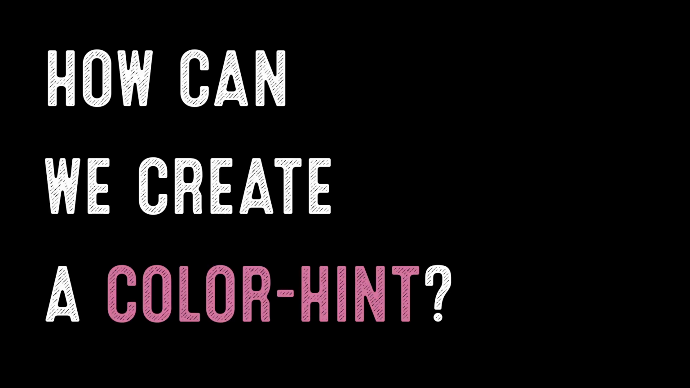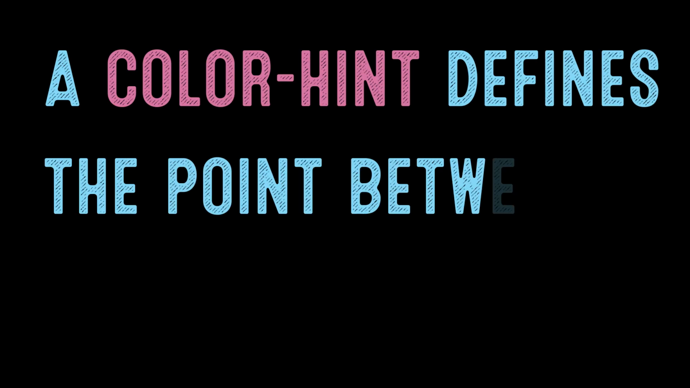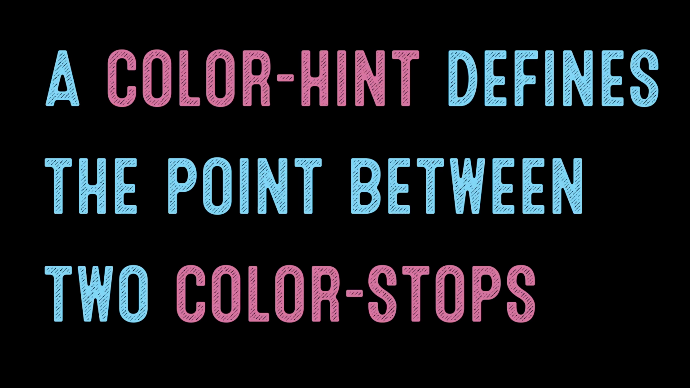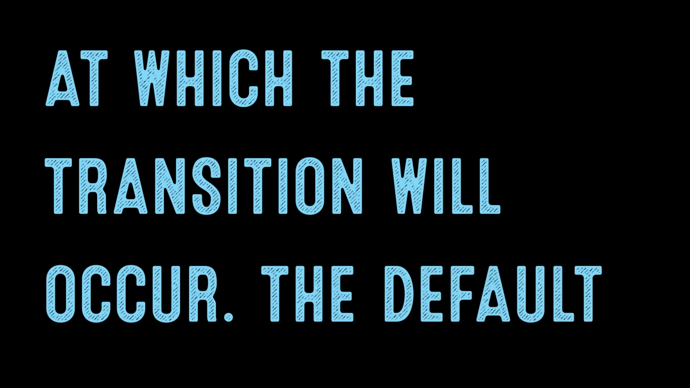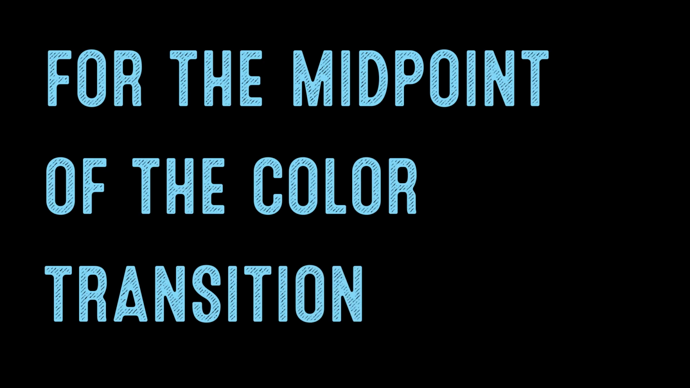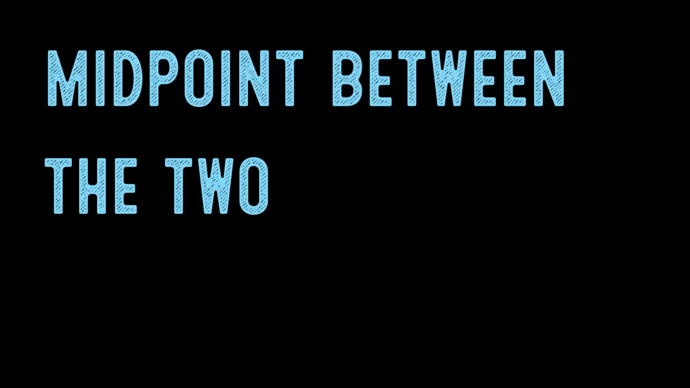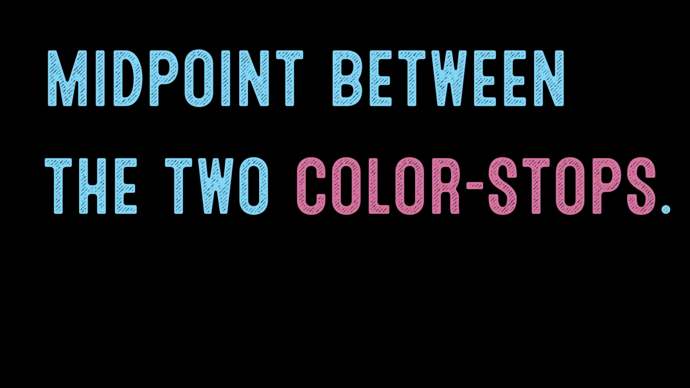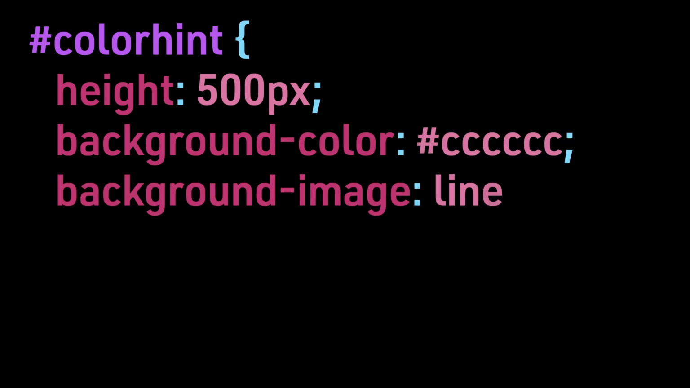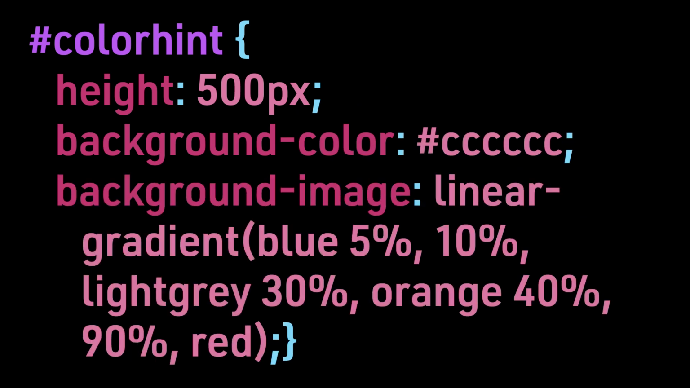How can we create a color hint? A color hint defines the point between two color stops at which the transition will occur. The default for the midpoint of the color transition is the midpoint between two color stops. Here, the color stops are the same as the previous example, but we have added a color hint between the blue and light gray colors at 10% and 90% between the orange and red colors, and you can see how